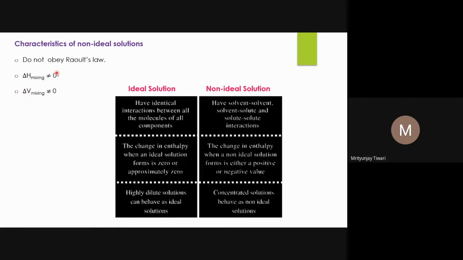And if delta H is negative, it means heat is released, heat is dissipated during the formation of solution. And so if the pot is a conducting pot, you will see it became hot. And if the pot in which the dissolution is happening is conducting, you will see it became cold. Like if you mix glucose into water in a steel glass, you will see the glass became cold. It means the heat is absorbed during the dissolution of glucose into water.